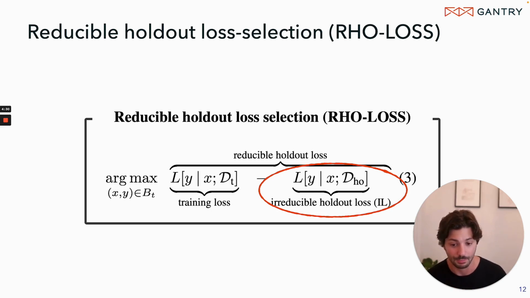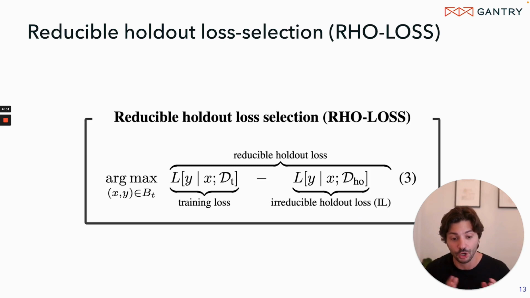The way this works is that before we even start training our main model, we train a smaller, less accurate model called the irreducible loss model on a subset of our validation set. We hold that model fixed as we train the bigger model, and just use it for computing the row loss throughout training. That's it. So putting this together, the row loss tells us to select points from our batch where the loss of the model that we're currently training is high relative to the loss of that irreducible model that we trained before. So let's talk about how this addresses the issues.